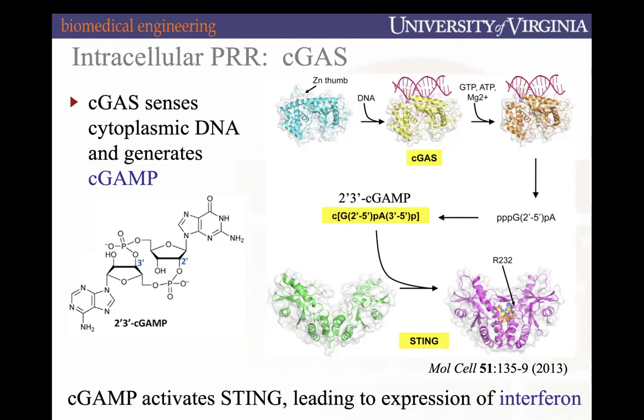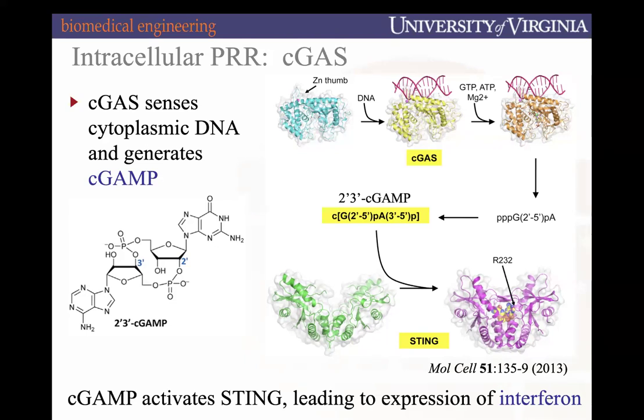And so cGAS binds to cytoplasmic DNA, and it can actually generate a molecule that's called cyclic GAMP. So it's actually taking GTP and ATP. They're each losing, it's triphosphate, so they're losing 2 phosphate groups, and they're going to be cyclicalized to one another, meaning that they're going to be bound to one another across their sugar molecules, and that's how we get cyclic GAMP. Cyclic GAMP is going to go ahead and activate another molecule called STING,